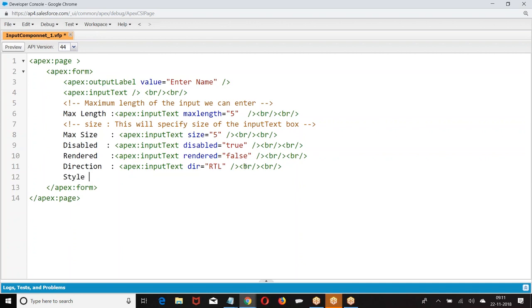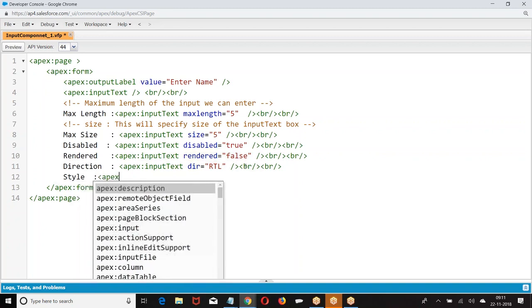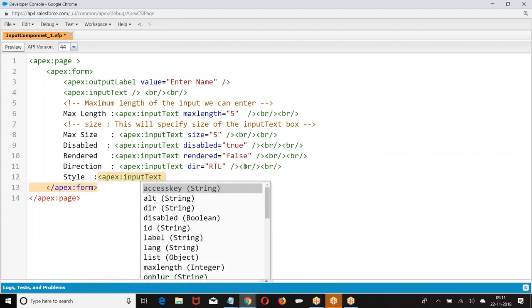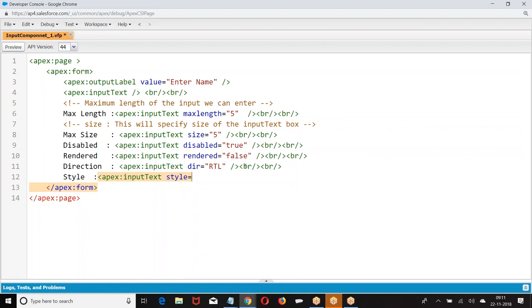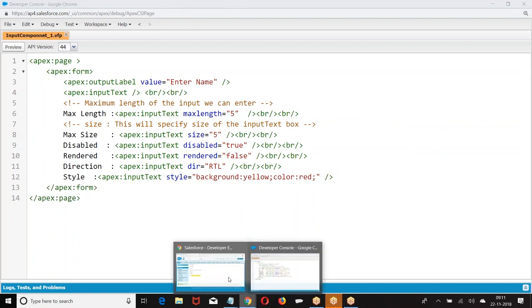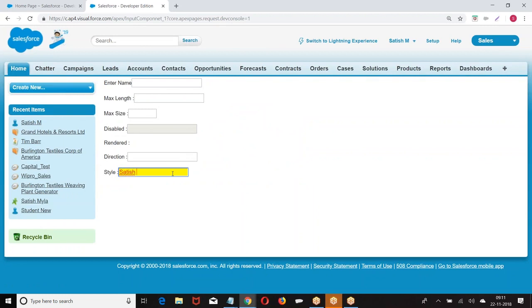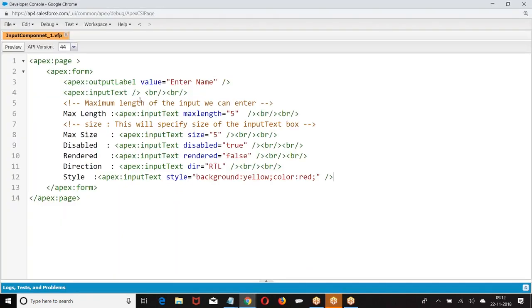We want to apply some style here. Input text, style we have given. So we have got properties here: maximum length, size, disabled, rendered, direction, style.